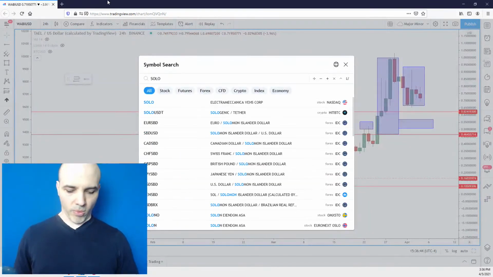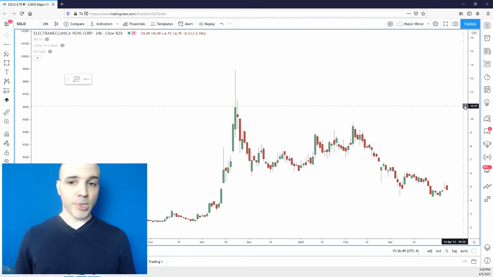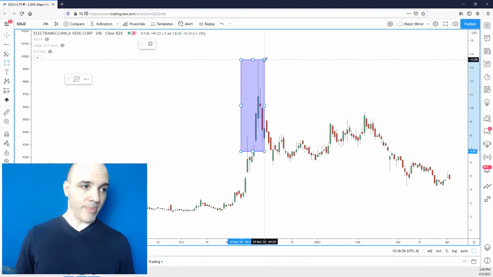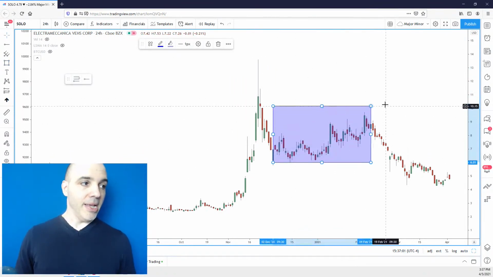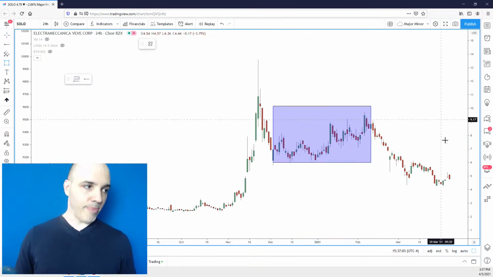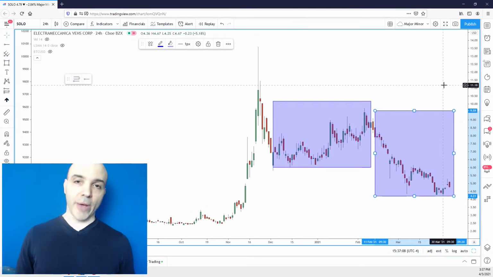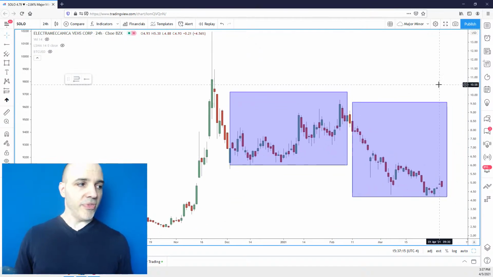Solo, S-O-L-O, electric vehicle. Now, here's a space. This is a nice example of a space that's gotten hated recently, right? We all know these things were really hot a few months back. Look at this. Many of these electric vehicle stocks look something like this. They consolidated a bit, everyone was hopeful, and then they all gave it back. Negative news started coming out. If you look at Nikola, which I was following very closely, the thing got dumped on. There's a bunch of them. So this is what I'm talking about being hated or out of favor.